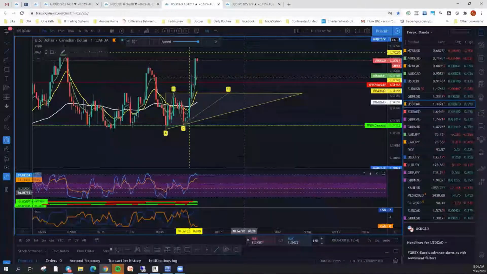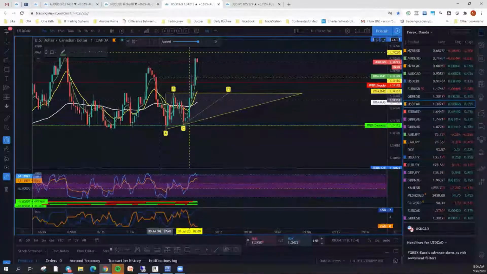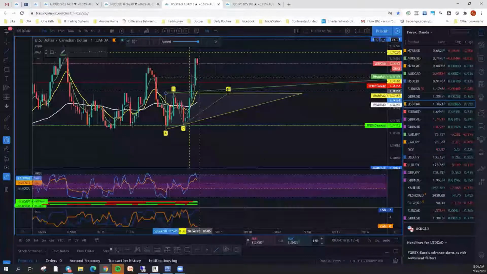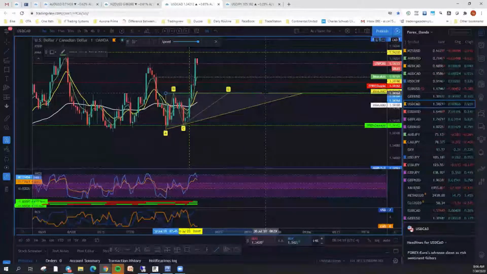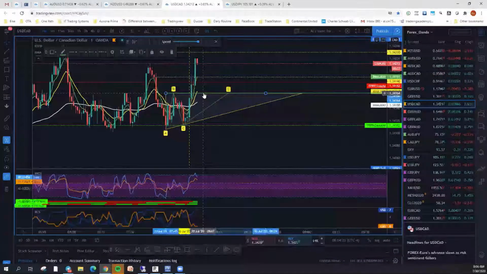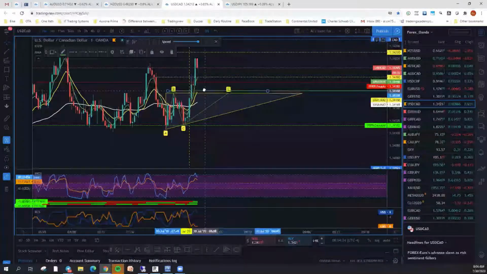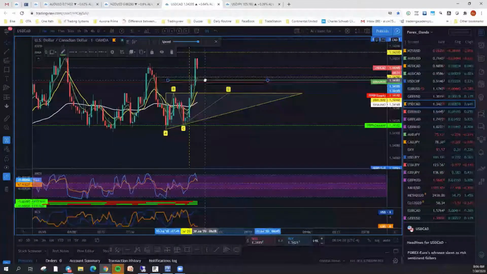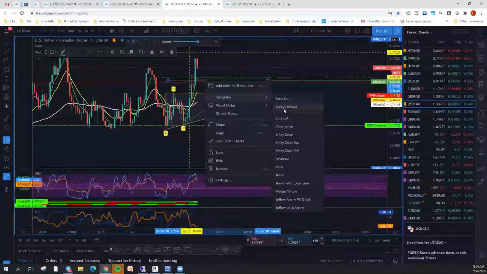So having said that, I'm going to draw my 2 pip area. I'm going to take it from the top of the wedge and move it up 2 pips. So that says 16.4, go 18.4. And that's my entry to buy.